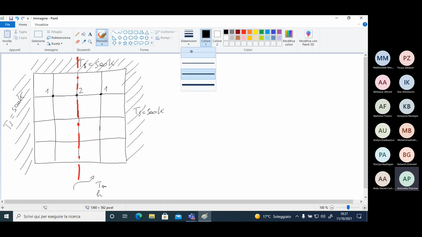So this node is 3, 4, 3 again, 5, 6, 5 again, 7, 8, 7 again. So the unknown points are the nodes